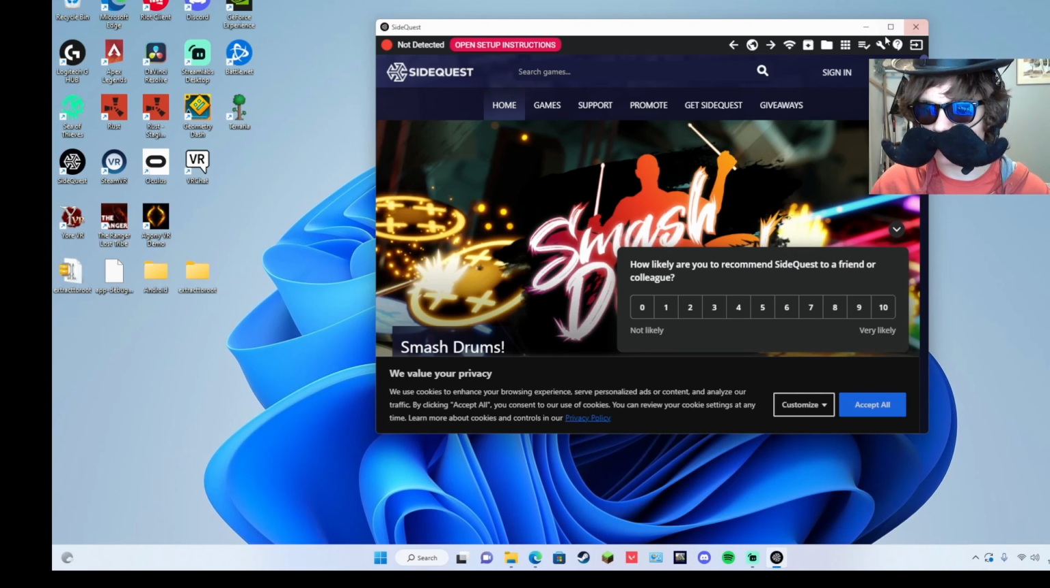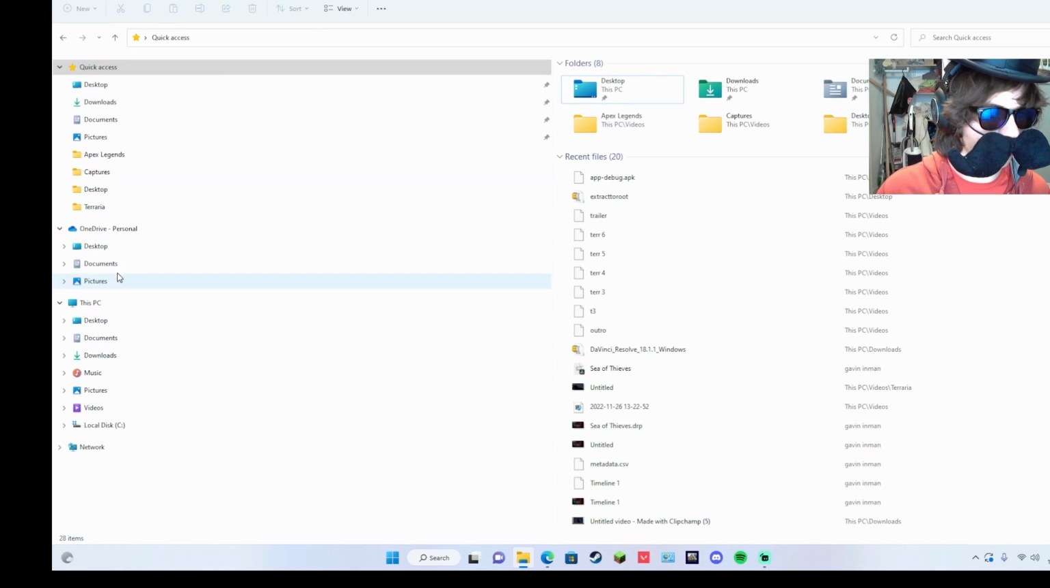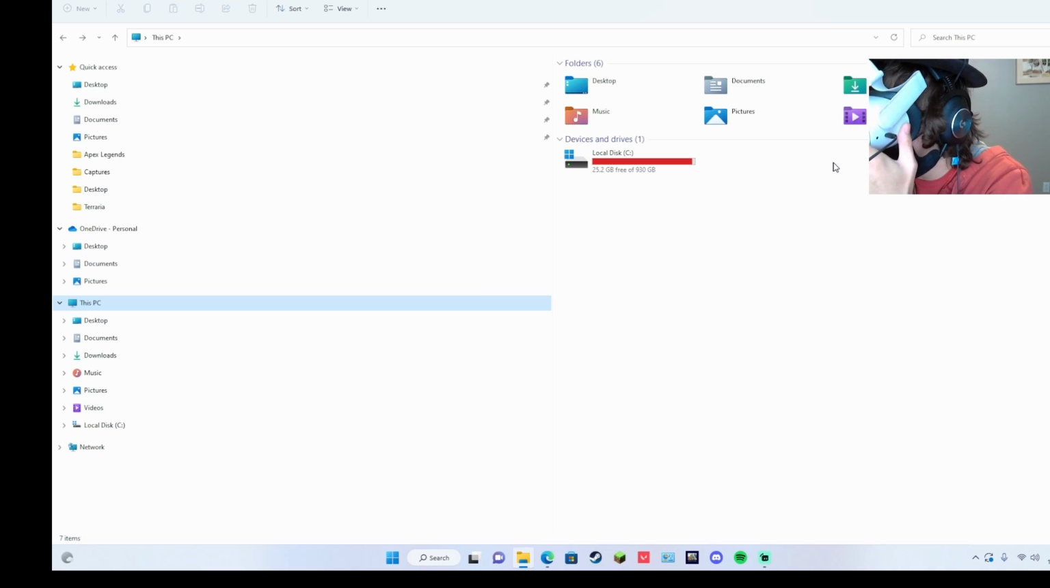We don't need this anymore. We don't need it at all. Once the APK file is downloaded, we're done with it. It's on our Oculus. We can disconnect it, but we're still gonna need to keep our headset plugged in. Once we're done with that, we can go to our files. We can go to this PC. We can go to allow,